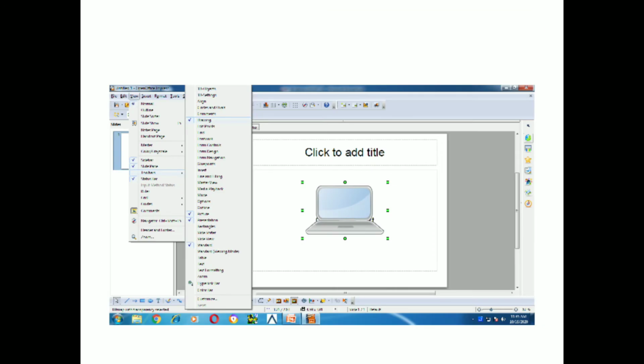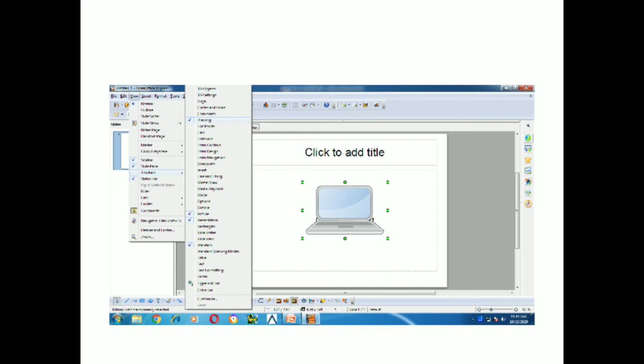See, I said how to open a drawing option. Here I am showing you the screenshot. First I have selected the view button and then I have selected the toolbars, and from toolbars I have selected the drawing option.